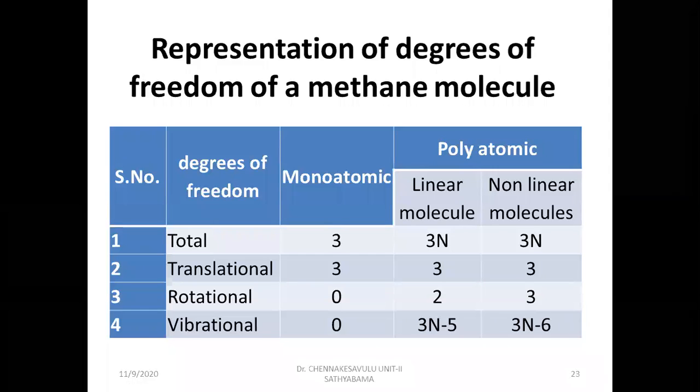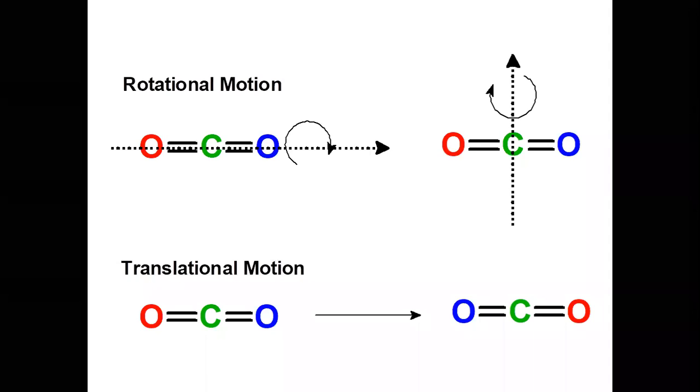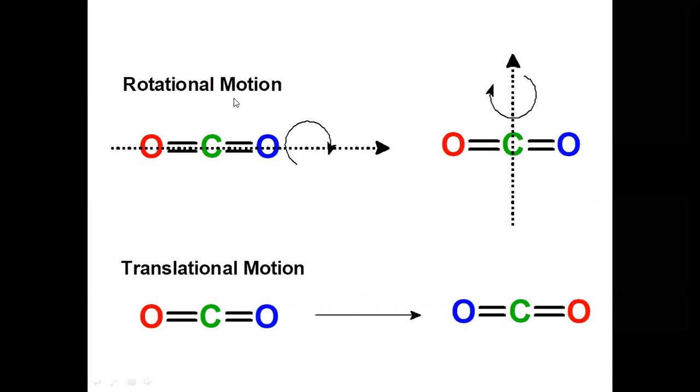Rotationally for a linear molecule is 2. Okay, translation means end over end rotation. That means the molecule will be going out of plane, end over end rotation. Not simple rotation. There is a lot of difference between this motion and this translation motion, because you see